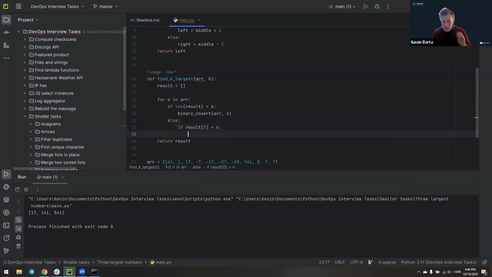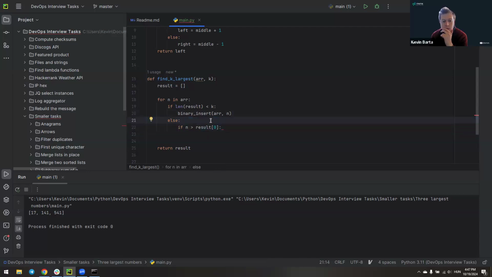It would mean if n is greater than or equal to, or yeah, let's make it that way. It makes more sense. If n is greater than this. So if n is greater than the smallest, largest element, then we have to find where to insert it in place of what. And to find that,